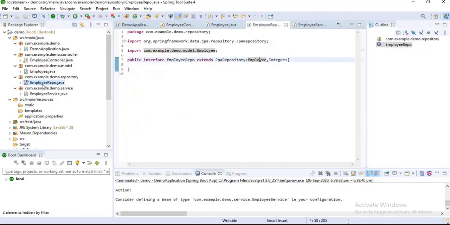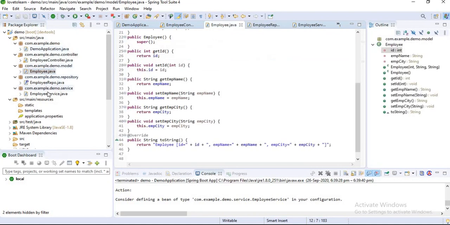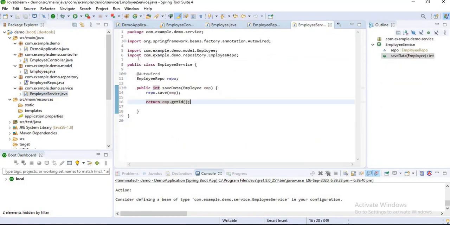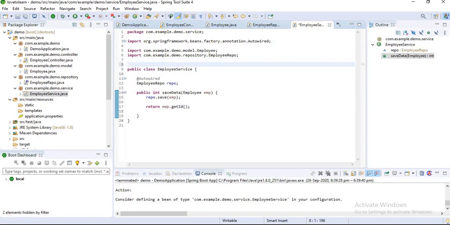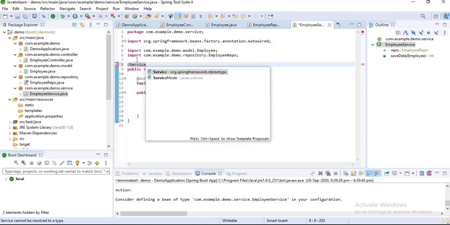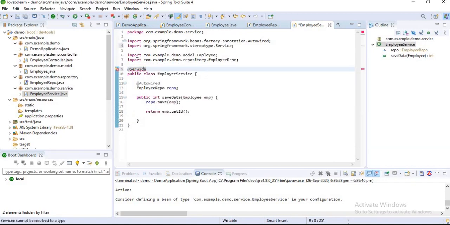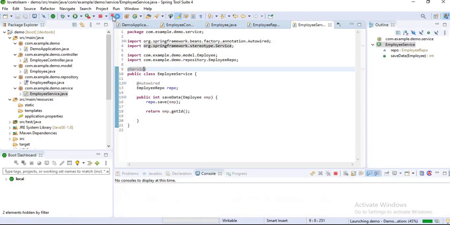Okay, sorry guys, here I have to mention it as a service, meaning there is an annotation for it. Actually, I have to mention that it is a service. I want to tell my machine that it is a service class I'm using. Okay, let's rerun our application again.